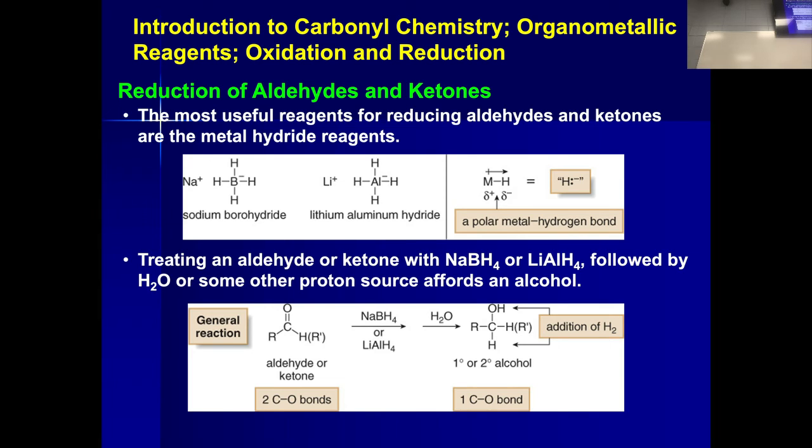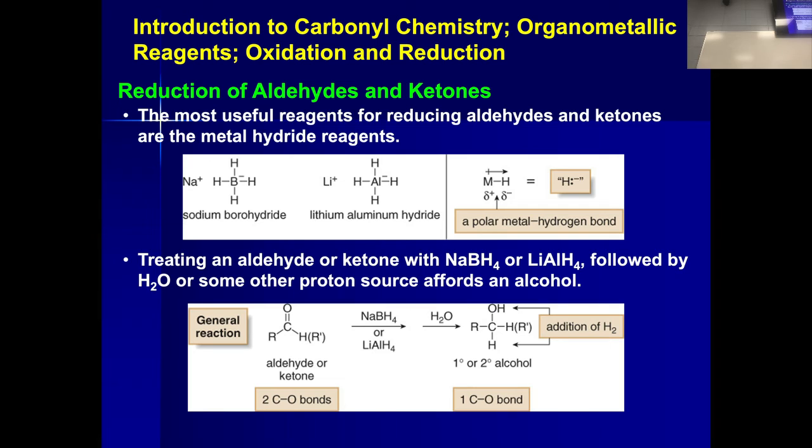These two reagents will reduce a carbon-oxygen double bond into an alcohol. So I can take an aldehyde and I can reduce it with sodium borohydride or lithium aluminum hydride, and I can get a primary alcohol. Or what did I say? Did I say formaldehyde or aldehyde? I don't remember. If I said an aldehyde, you would end up with a primary alcohol. Okay, and so